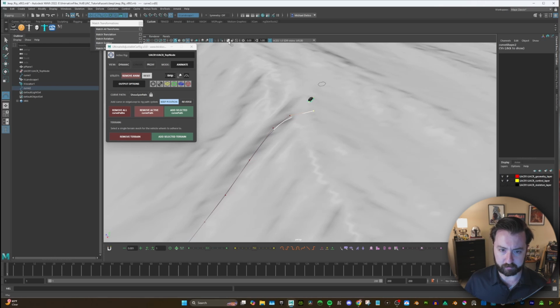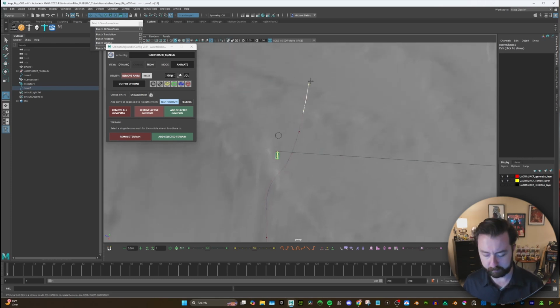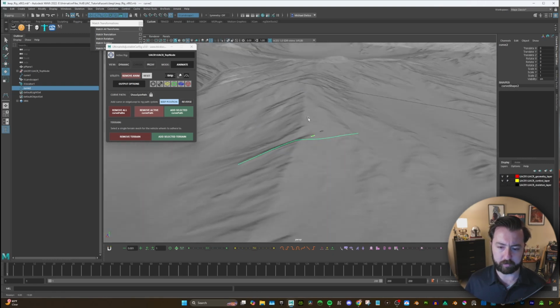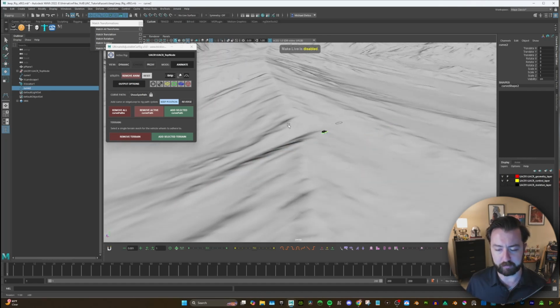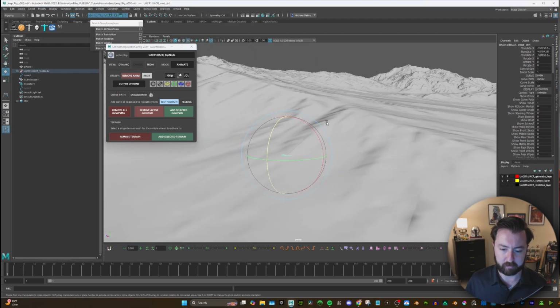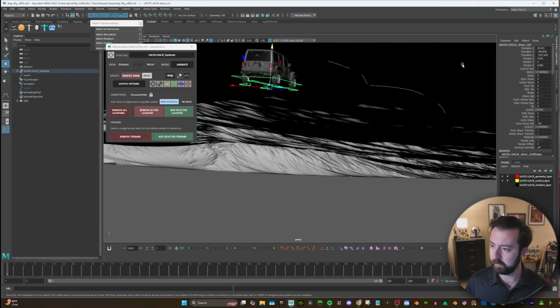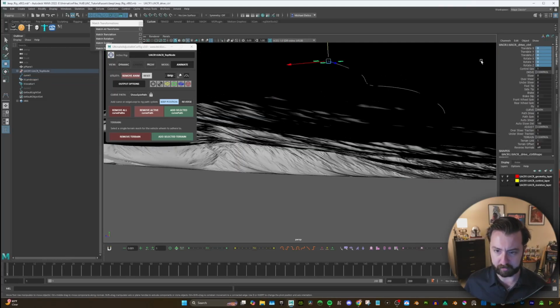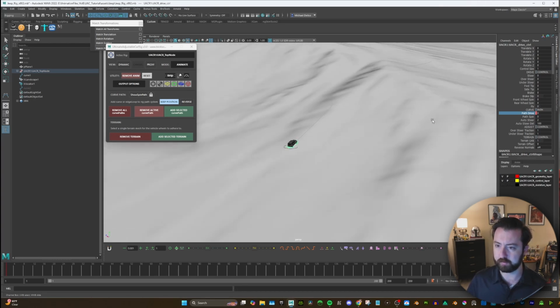It's kind of hidden underneath. So if I look through, there's my curve. And this is on this surface. So if I hit enter there, I'm going to turn off live surface because I don't want everything to be live surface. I'm going to select that curve and I'm going to add the selected curve path. And this was way off. So I'm just going to put this back to its origin. There we go. So already, if I do my path drive,